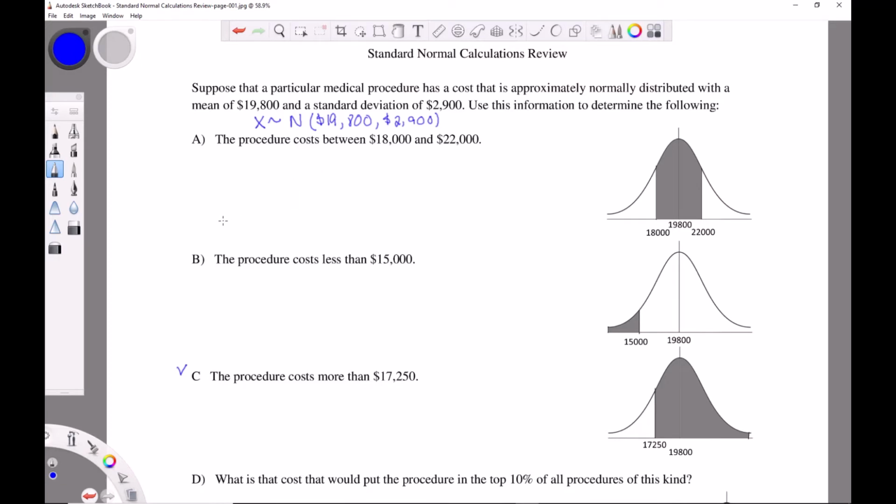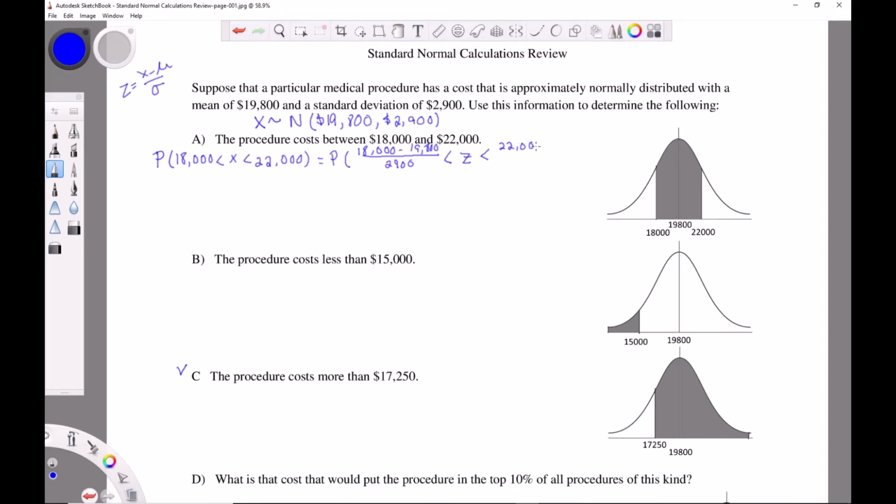So this is the probability that X is between 18,000 and 22,000. That's going to be the probability that Z is between, now we're going to standardize, remember, Z equals X minus mu divided by sigma. So this will be 18,000 minus 19,800 divided by 2,900. All right, so Z will be greater than that, but it'll be less than